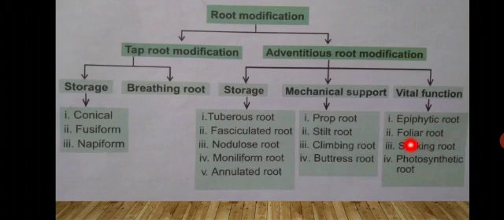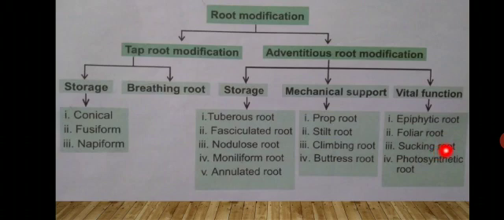Next one is called foliar root. Foliage refers to leaf. The leaf that has the capacity to produce another plant or a root, producing the next offspring, is called a foliar root. For example, Bryophyllum, in Tamil we say katti poda kutti. The third one is sucking root. The root that has the capacity to absorb or suck everything from the host is called a sucking root.